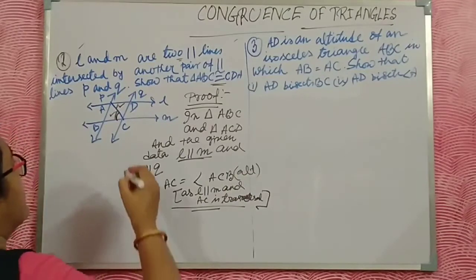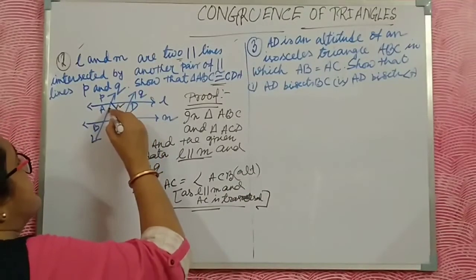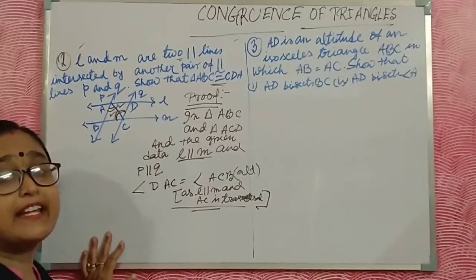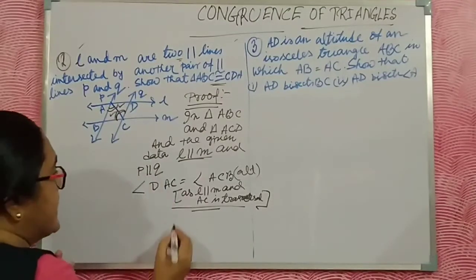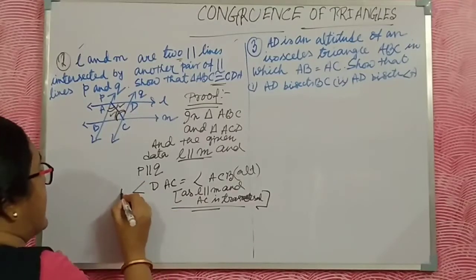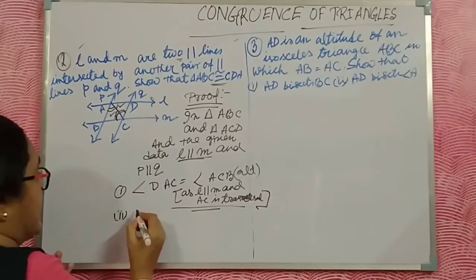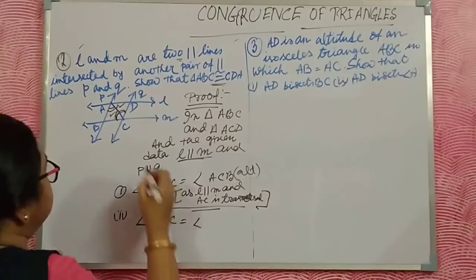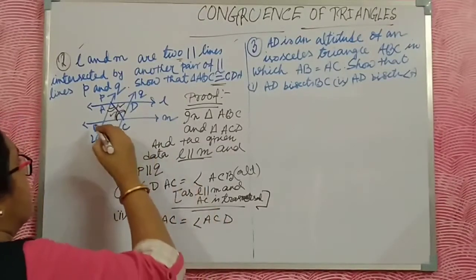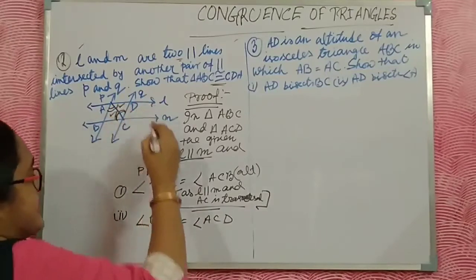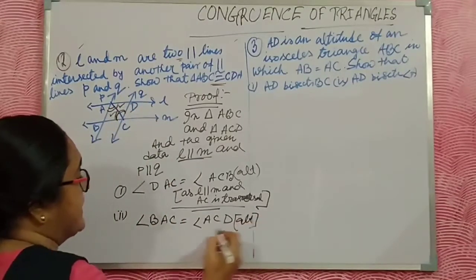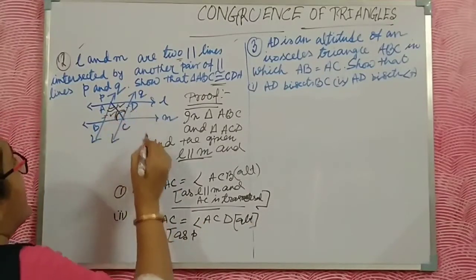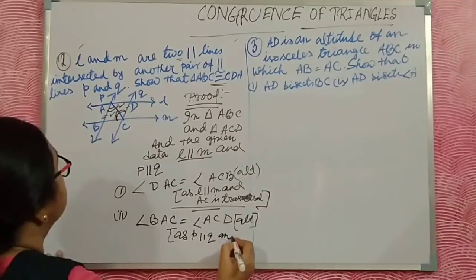Okay, and now I also write these angle and these angle are equal as these two angles are alternate. P and Q are parallel, which is given data. Now in the second property I can write here, this is the first, and the second property I write here, this is angle BAC is equal to angle ACD. BAC and ACD are equal as alternate,